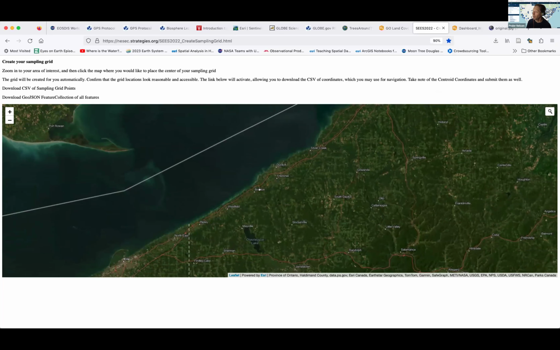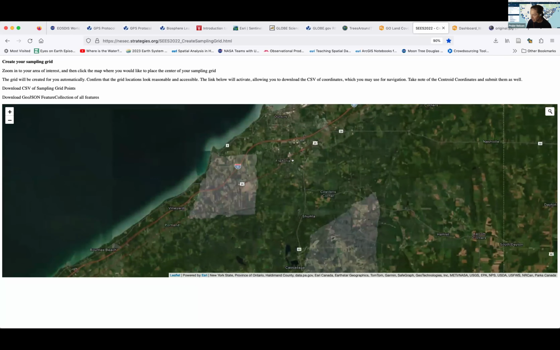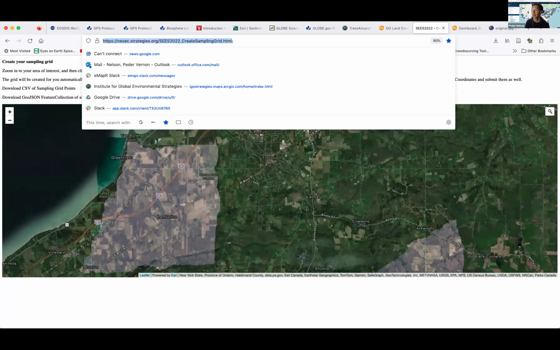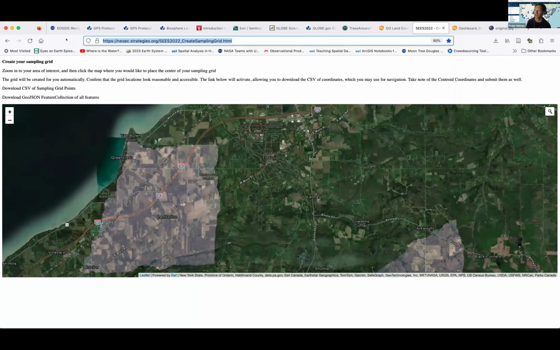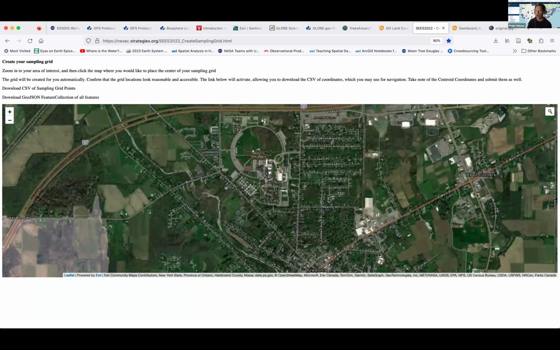But what I want to highlight is there's a variety of tools that will do this for you. And here I want to share with you one strategy that we've used over the last couple of years that allows us to describe a 3 kilometer by 3 kilometer area.